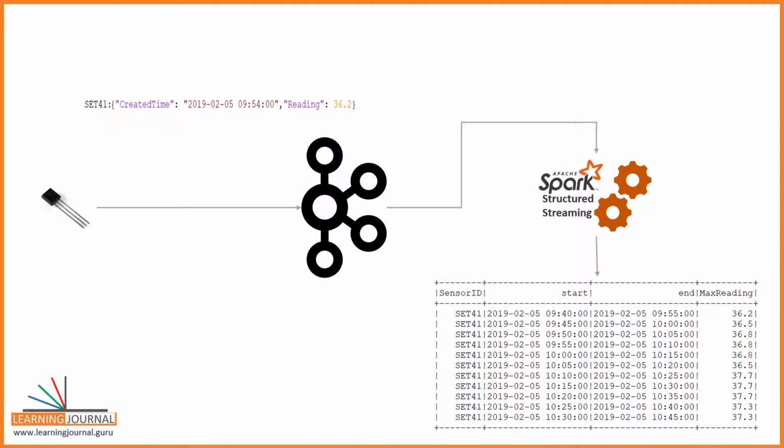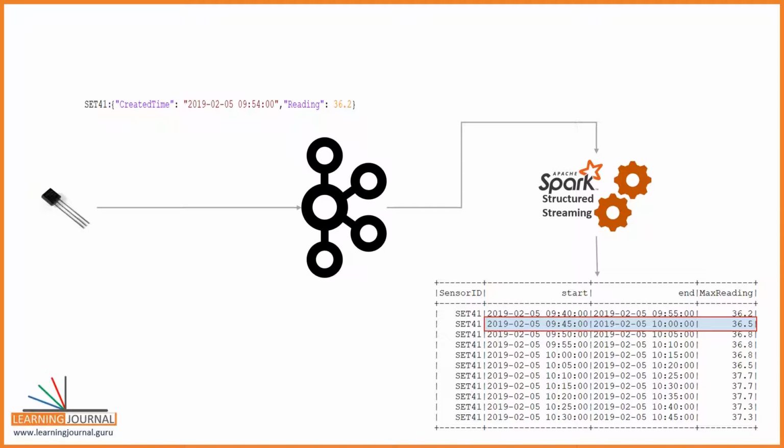Now, let's think about the solution. You will immediately start thinking in terms of a tumbling window of 15 minutes and a trigger time of 5 minutes, right? Your first window starts at 9:40 and ends at 9:55. You got your readings and the maximum reading was 36.2. So far, so good. What is the second window? It starts at 9:45 and ends at 10. Wait a minute. This is not a tumbling window.